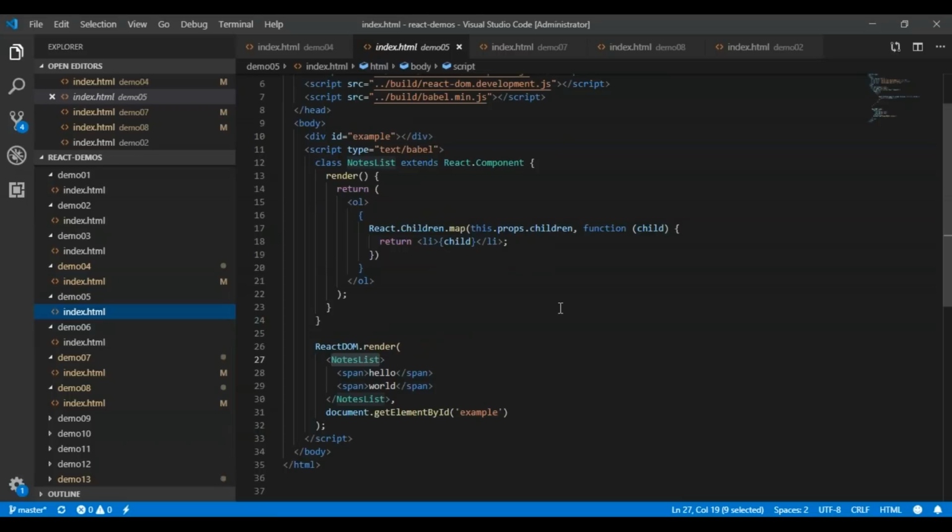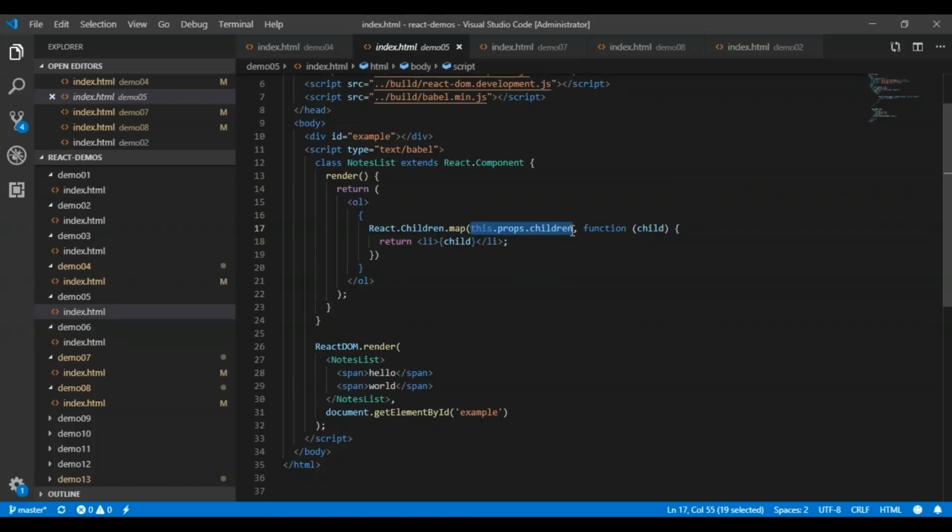Now what is the use of this.props.children? React uses this.props.children to access component children nodes, or you can say child nodes. Please remember that the value of this.props.children could have three possibilities. If the component has no node, then the value will be undefined. The second possibility is that it can have a single child node, let's say an object, and if there are multiple children nodes, then it will become an array.